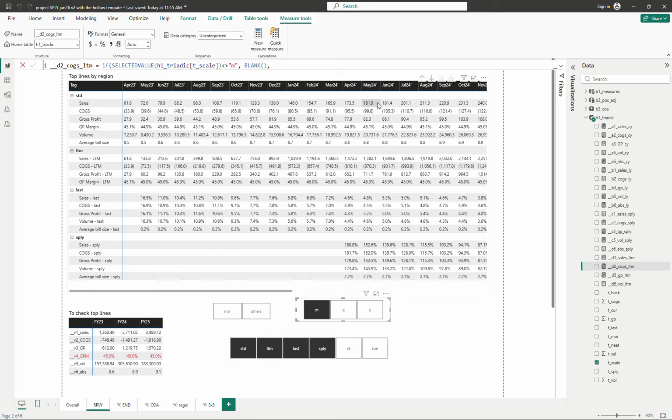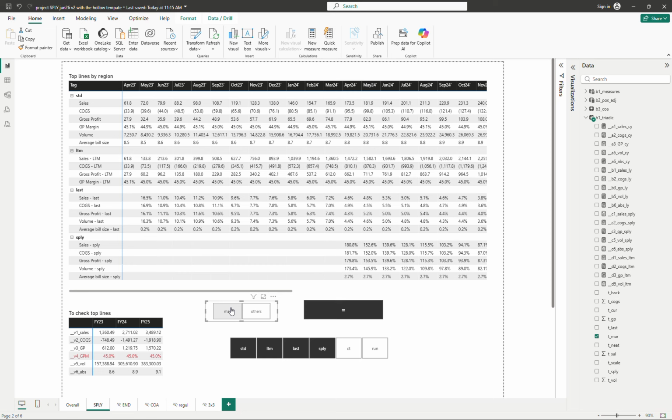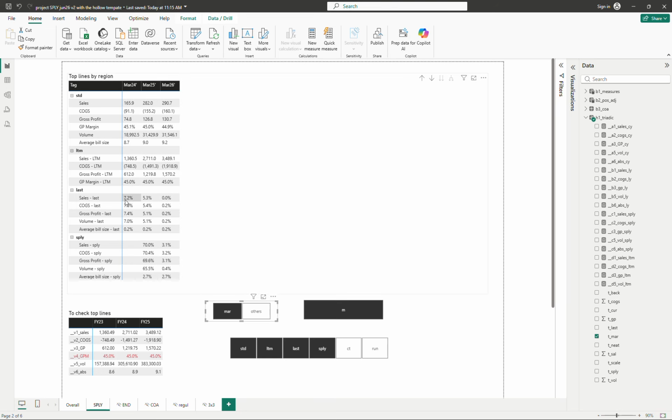For March 24, the add-up will come to the fiscal number. So if you select March in here, you can see that the last 12 months of March 24 will tie to this 1360, which is the fiscal sales of